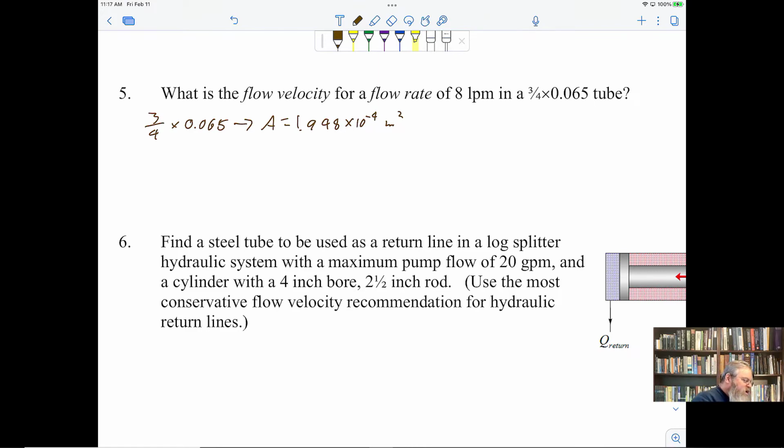So if we know that basically this tube is shaped like this, this is 3/4 of an inch, and this is 0.065 inches. So we can totally calculate the inside diameter and then calculate the area,